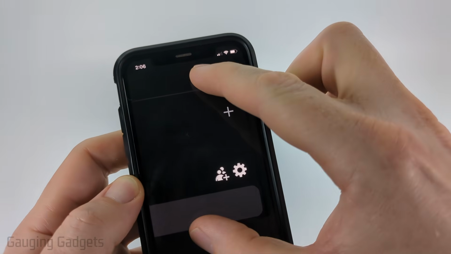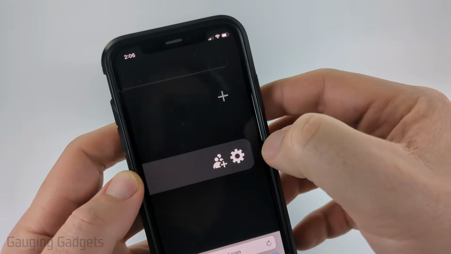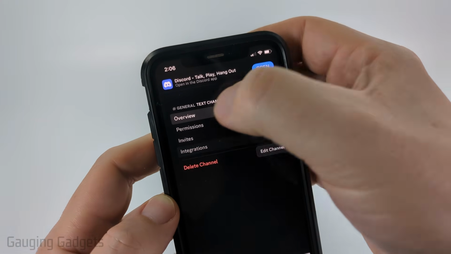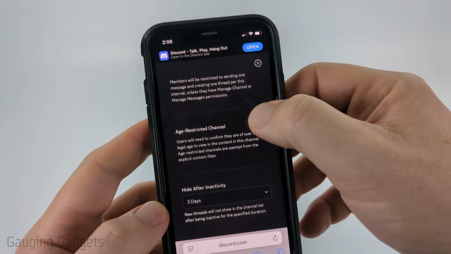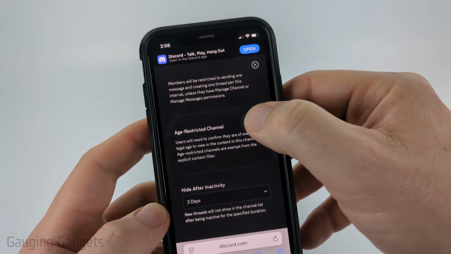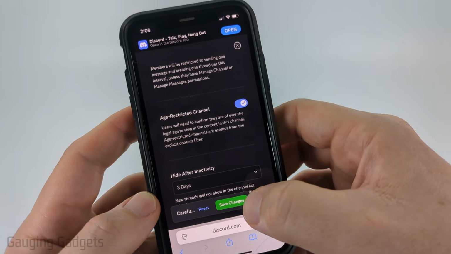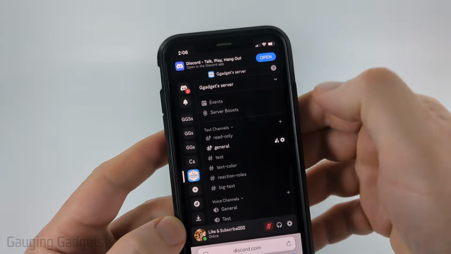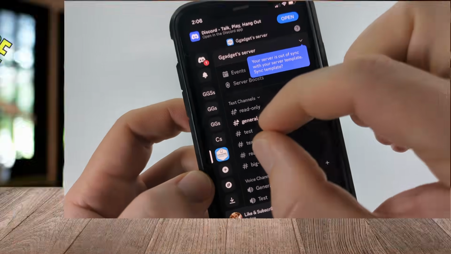Now what I recommend doing is zooming in and selecting the gear. When you see edit channel come up, zoom back out and then select overview. You can then scroll down and you'll see age restricted channel, toggle that on, and then just select save changes at the bottom. And there we go. We have now age restricted or marked that channel as NSFW. As you can see, it has a little